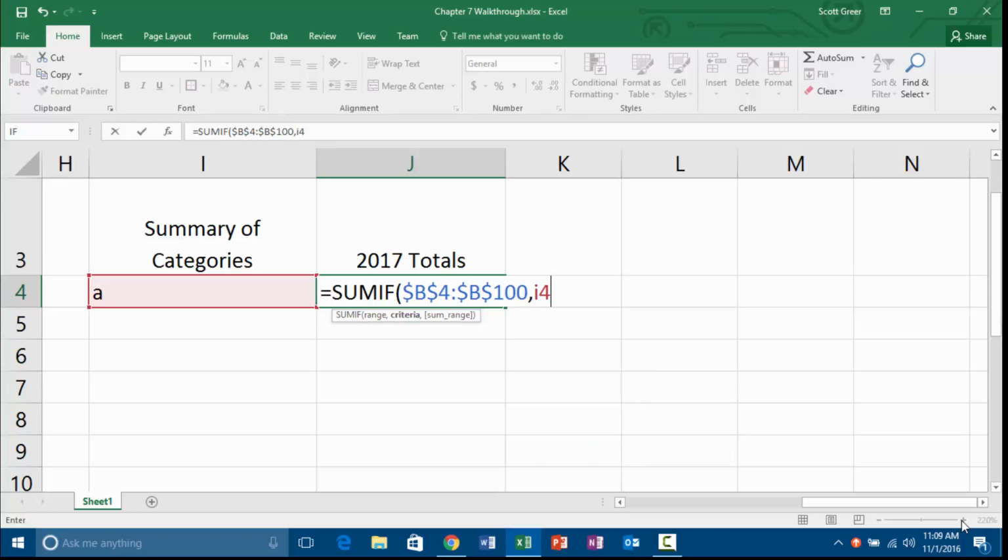Comma I4. Comma $D$4 through, comma, or I mean, $D$100. Close parentheses, plus the SUMIF of B4